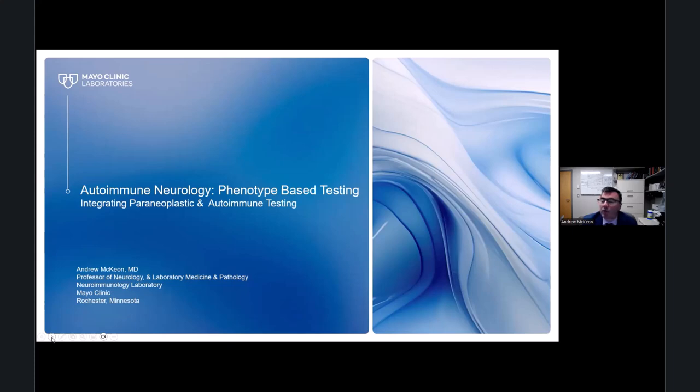I'm going to give an overview of the field of autoimmune neurology and related testing. I'm going to focus on central nervous system diseases, but the principles I'll discuss today are broadly applicable to all